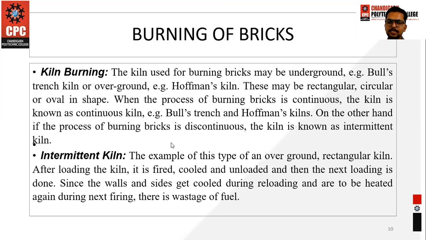तो उसमें आपके जब भी इसमें एक disadvantage intermittent kiln में क्या रहेगा? Because you have to wait there to get those burning chambers to be cooled down. तो cool down होने की वजह से you have to wait there. और जब भी आपको next time burning process करनी है, so the temperature has to be achieved again from 0 degree or normal temperature 27 or 30 degree temperature से again rise होना start होगा.